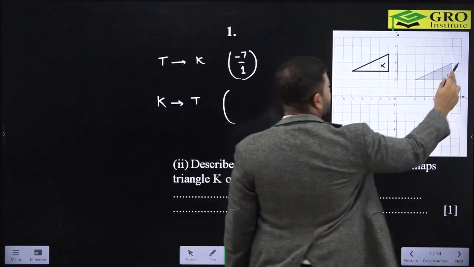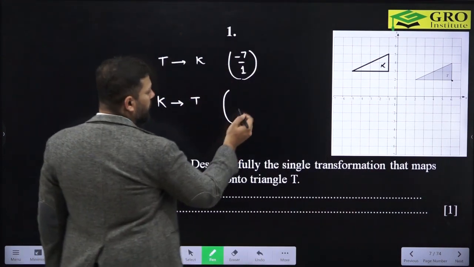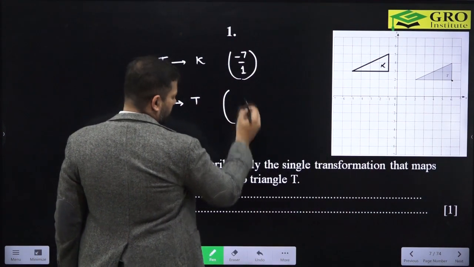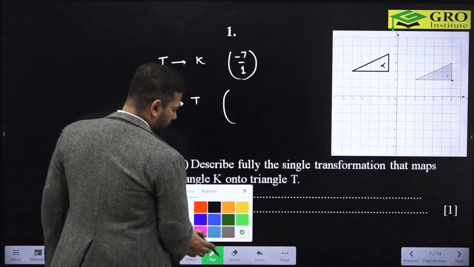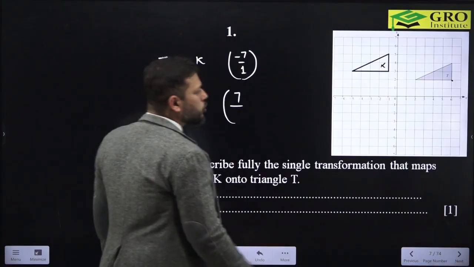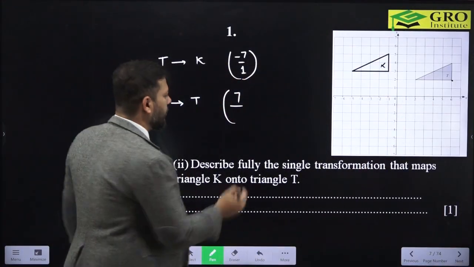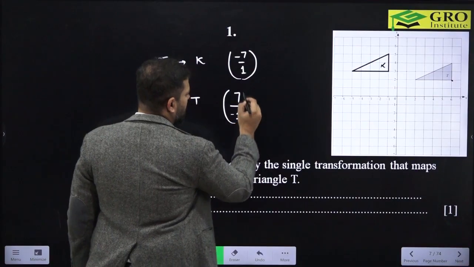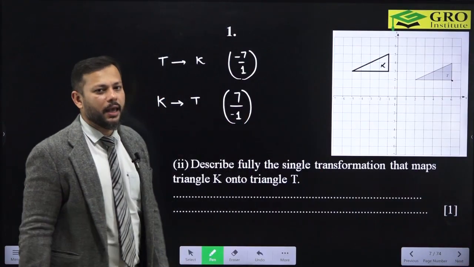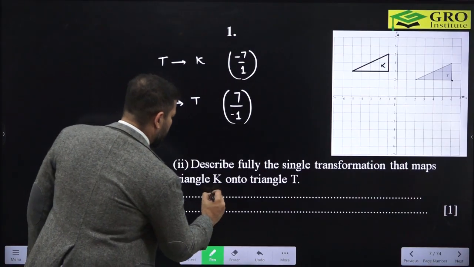That is the single transformation. We need to move 7 places on the right side, so there will be a positive number. And I am moving 1 place down, so the negative number will be here. So it is 7, or 7 by -1. So what will we write over here? We will write